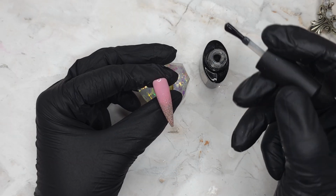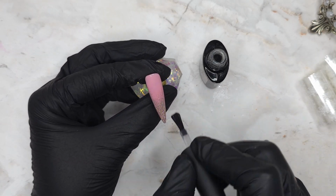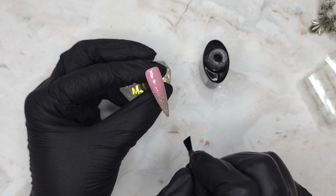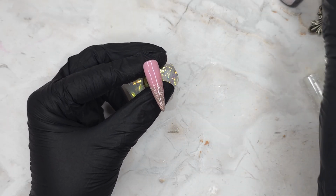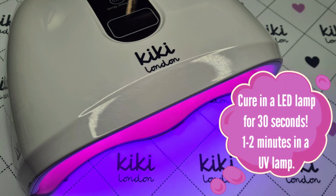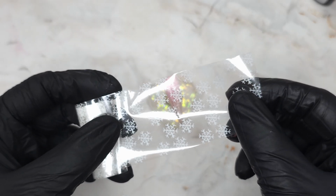So of course, to apply our foils we need to come in with our foil gel. So I'm going to apply a thin coat of foil gel to the entire nail. You don't need to apply this too thickly, but you do want to make sure you're applying it nice and even and making sure you're really coming down those side walls and the tip of the nail as well, as you really want your foils to adhere without any imperfections. So we're going to pop that in secure for 30 seconds,